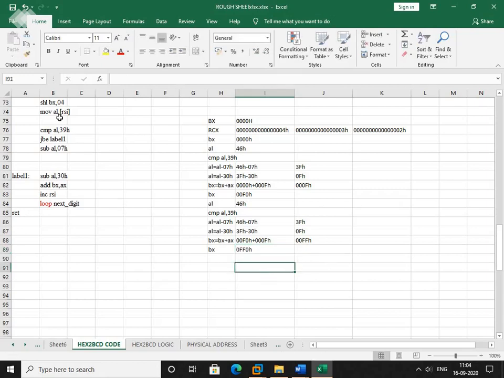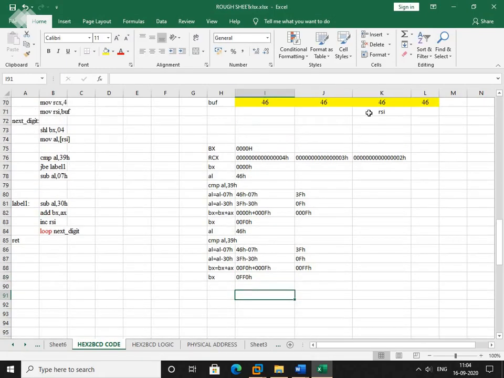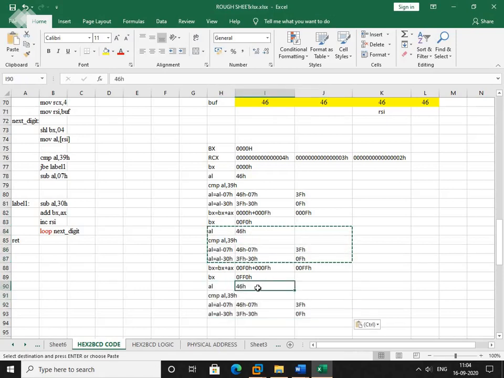Now move the content of RSI into AL. So AL is again 46H, compare with 39. Then we will subtract 7, we will get 3F. Then we will subtract 30, then we will get 0FH. Now add BX comma AX.